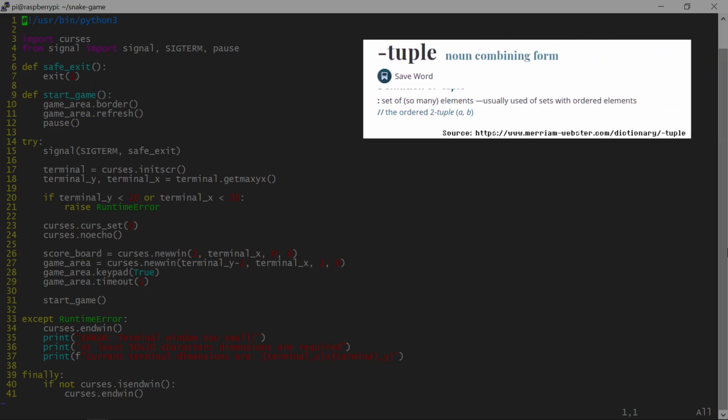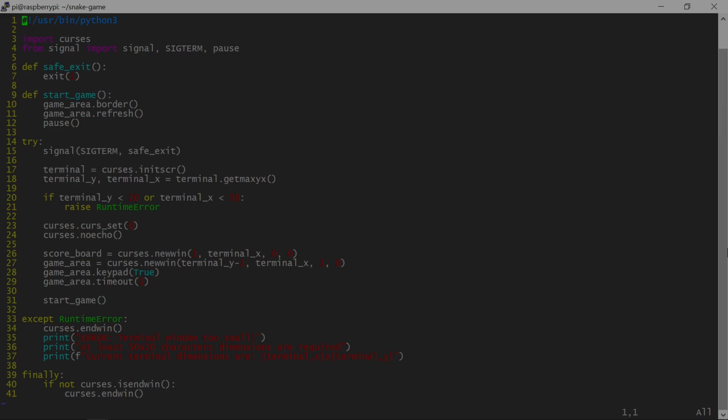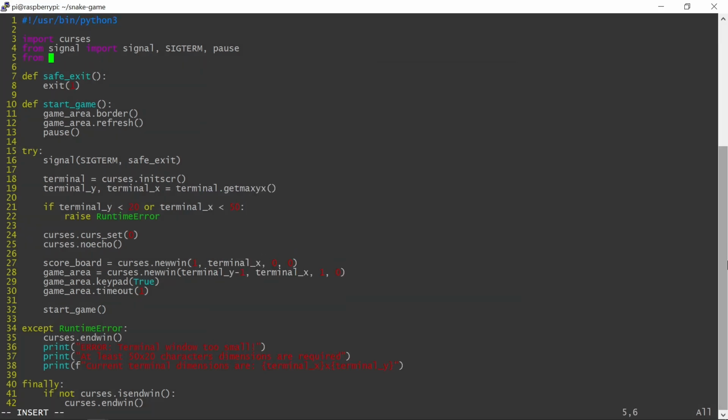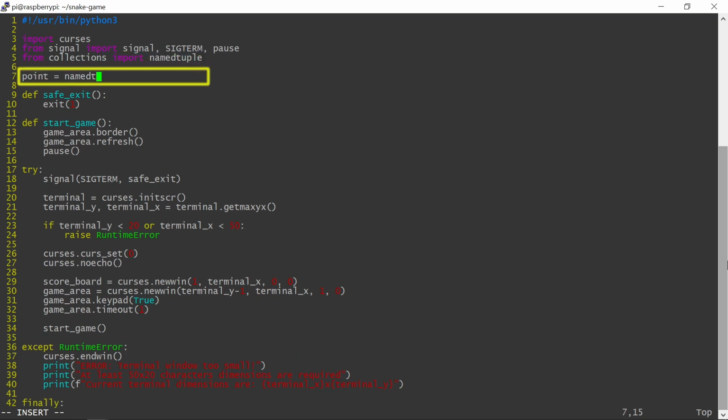Python has a complex data structure called a tuple, capable of holding multiple values such as a pair of screen coordinates. Normally, tuple members are accessed using numerical indexes such as 0 or 1, but there's also namedtuple, which allows referring to the values by a name such as y or x, which I actually prefer as it results in code that is easier to follow. Let me define a new namedtuple called point, which will hold a single screen location coordinate pair as y-x values.